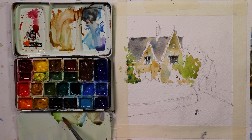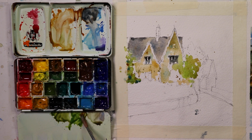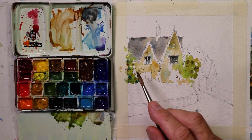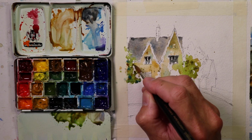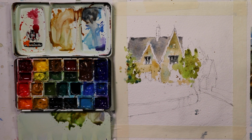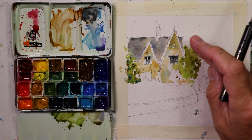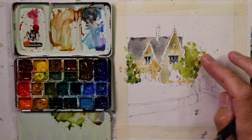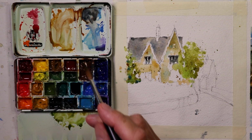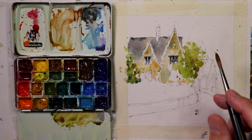And we're continuing on, and we'll put some more olive green and sap green, raw umber. And with trees, I like the splash idea, and also the finger painting idea works good with trees, I think. In this smaller format, I would say. For a larger painting, like an 18 by 24, I don't think that would work so well. But on this smaller painting, the finger painting technique works good to get a little bit of interesting variation to